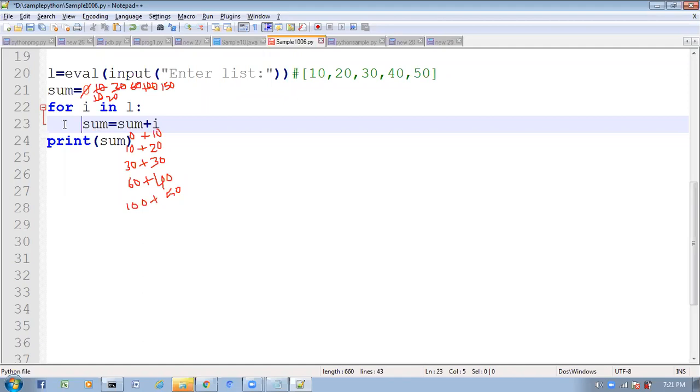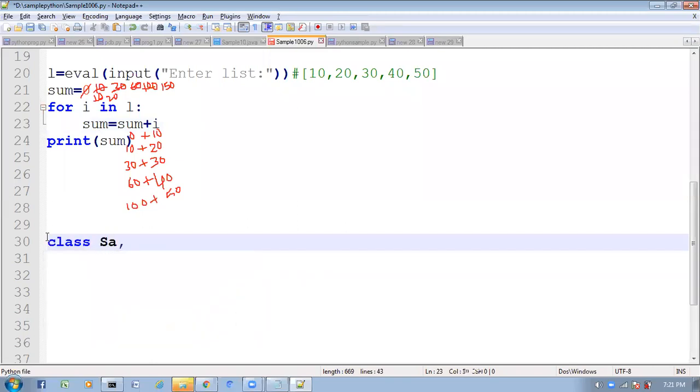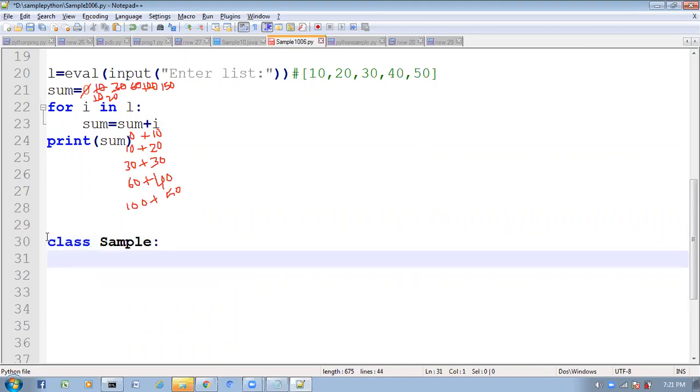While you are writing any class, suppose I'm going to write one class, class Sample, and now whatever logic I'm going to write, I want to take everything inside the class. If you want to take it inside the class, here we have to take this space.